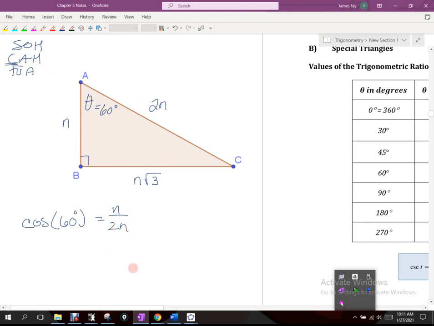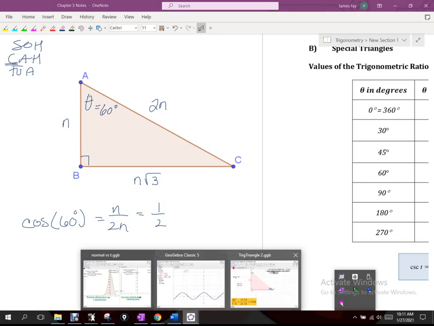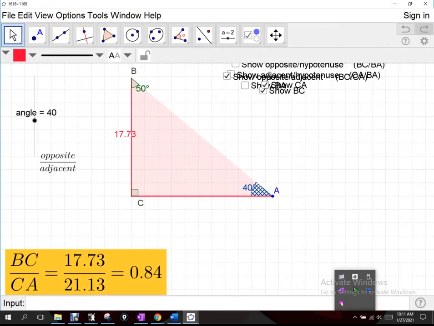Well, through a little bit of cancellation, doesn't that just give me 1 over 2? And what we're arguing there then is if we have a 60-degree angle,